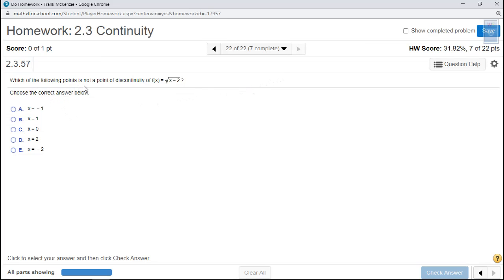This one: which of the following points is not a point of discontinuity of f of x equals the square root of x minus 2. Guys, find where this thing's discontinuous. In other words, the problem children of its domain. In other words, what values of x can't be in the domain. And then find the one that's